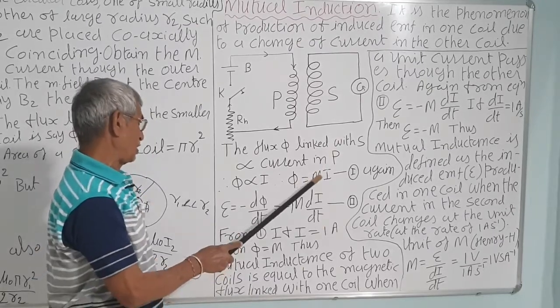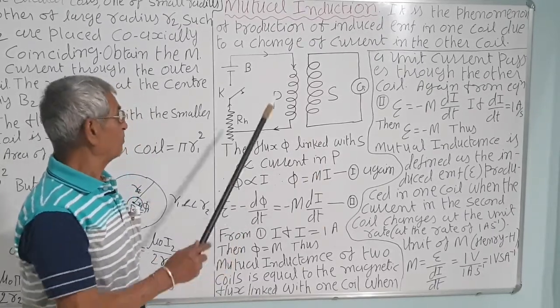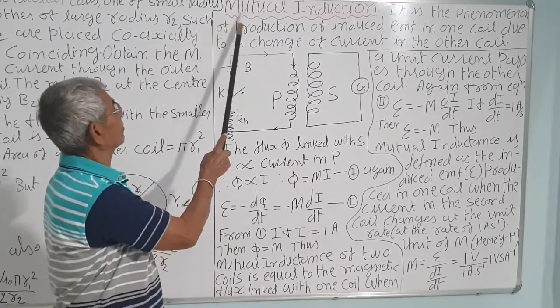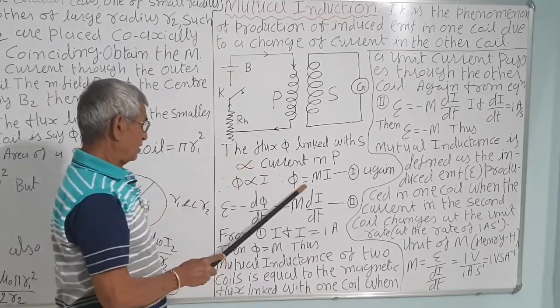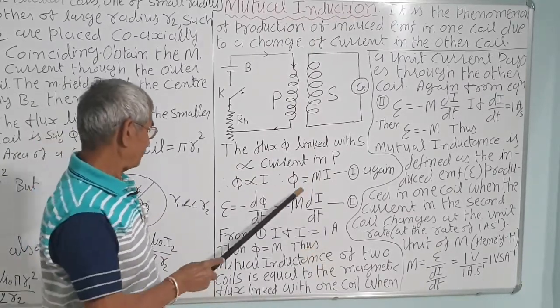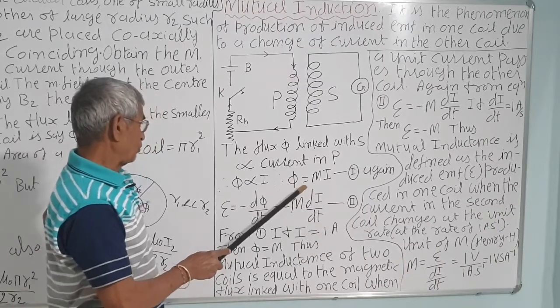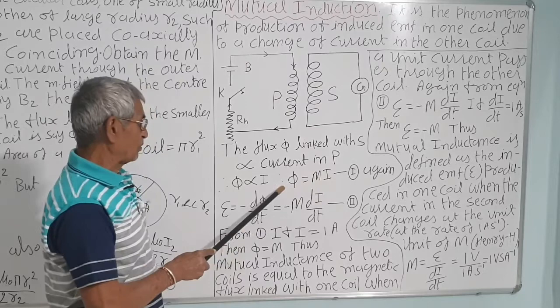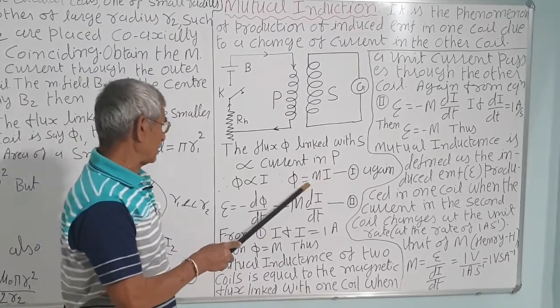M is the mutual inductance. The phenomenon is called electromagnetic induction or mutual induction, and M is called the inductance or coefficient of mutual induction. Correct? So phi is equal to MI. If I is 1, then M will be equal to phi. So mutual inductance